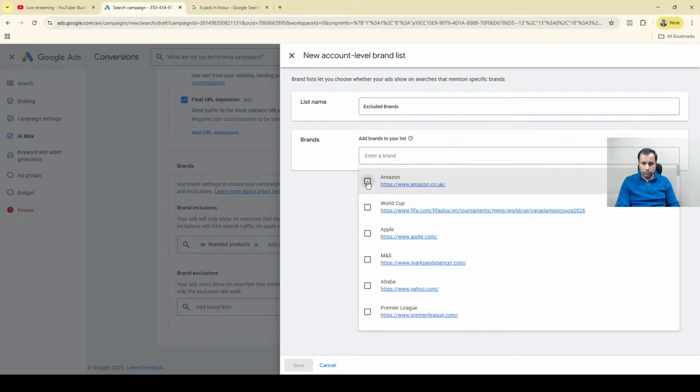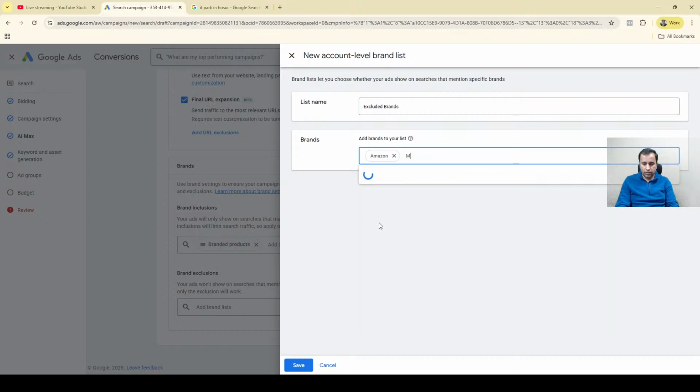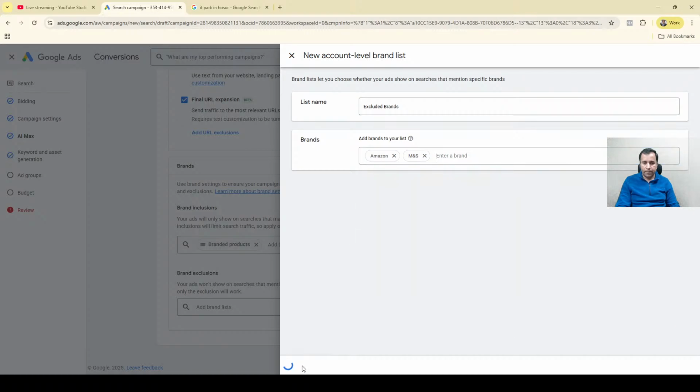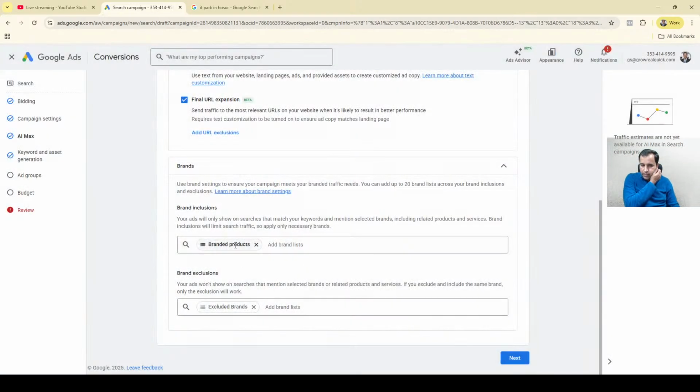Let's say you don't want to waste budget on people who are searching for products on Amazon, or maybe you don't sell a specific product from M&S. You can just exclude M&S from here. So this becomes a list. You can keep adding to the list here and here also. So all your branded list, and Google will not show your ad to those people who have a specific brand mentioned